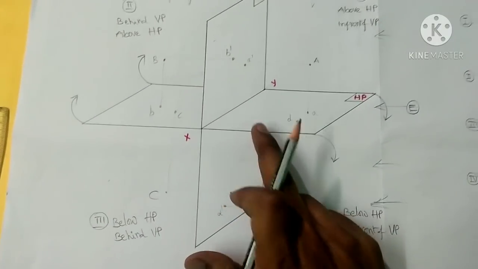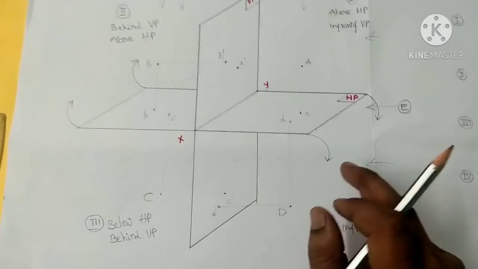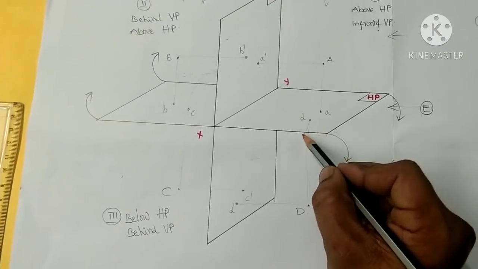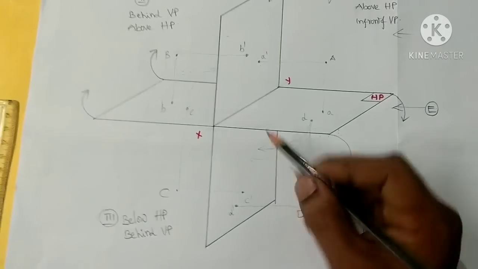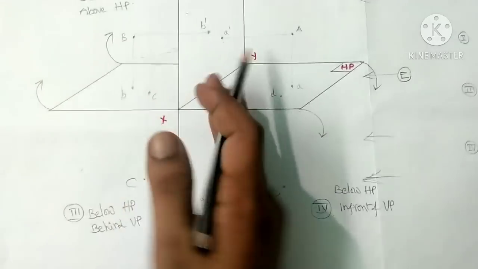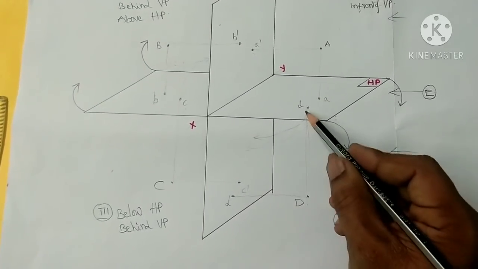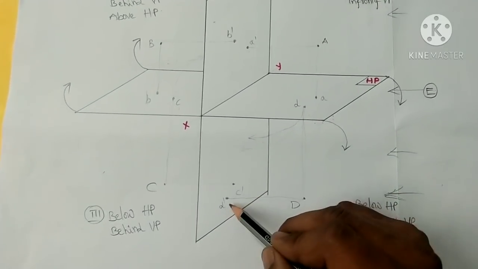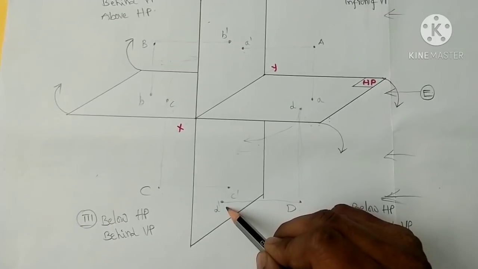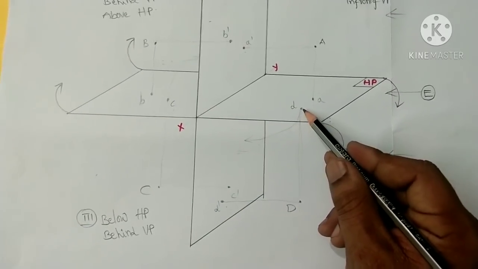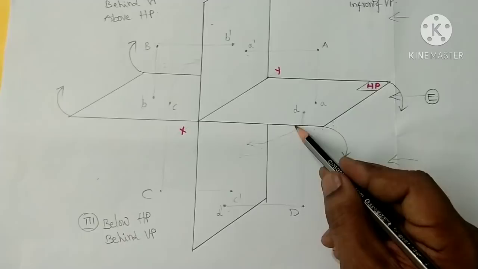So we should convert 3D geometry into plane geometry. So at that time this point also moves downwards, because we should rotate the horizontal plane downwards in clockwise direction. So at that time point D comes downwards. So already we have the front view below the reference line. After rotation has been completed, the top view also comes downwards.